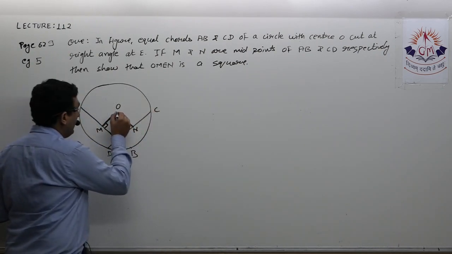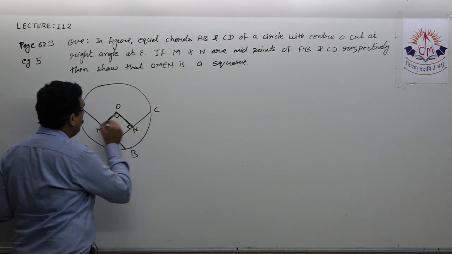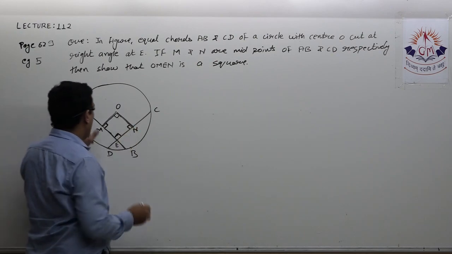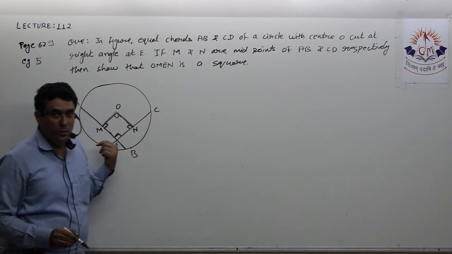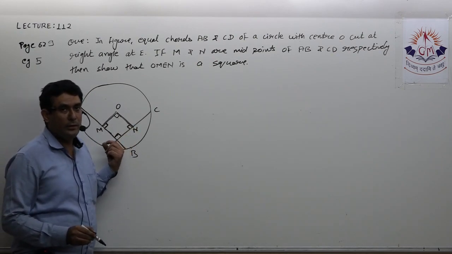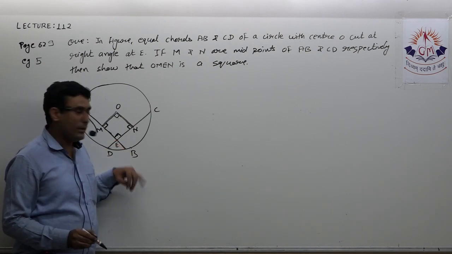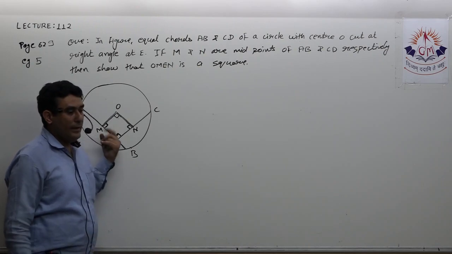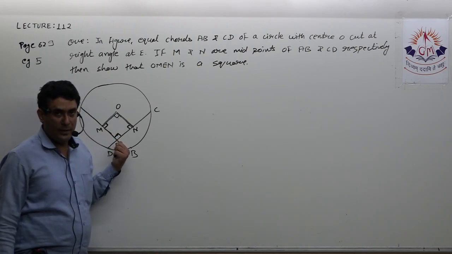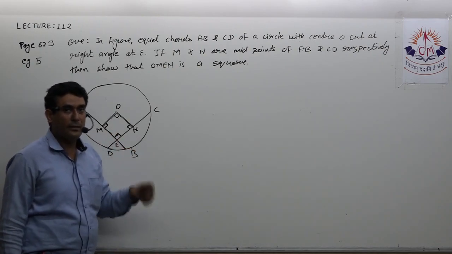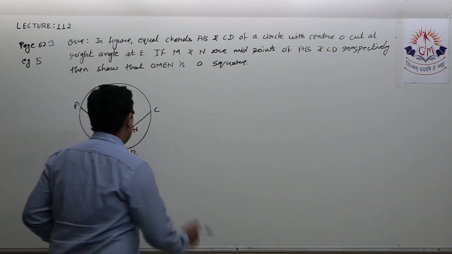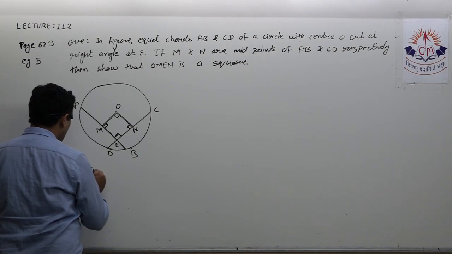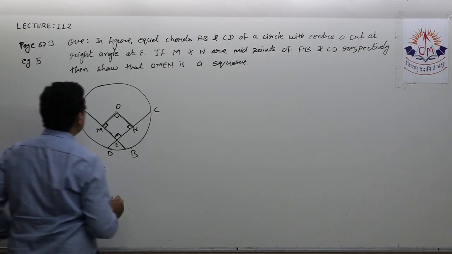Now you might say it might be a rectangle as well. So here we can say ON equal to OM, because AB and CD are equal. As two chords are equal, they are at equal distance from the center. That means OM equal to ON. So we can say a quadrilateral in which a pair of adjacent sides is equal and all angles 90 degrees is definitely a square. So in that way we can prove it's a square. So let us see its proof stepwise.